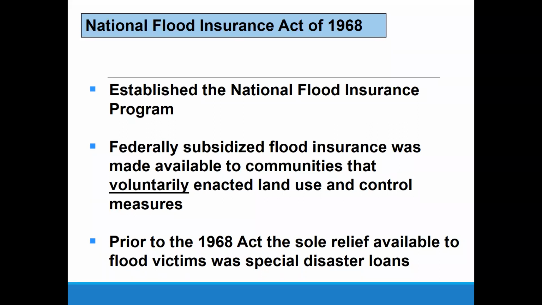You'll notice on this slide that I've underlined the word voluntary. Voluntary in federal government terms means that a community can volunteer not to participate in the National Flood Insurance Program. A city or county does not have to participate in the NFIP. But if they don't participate, then the government says you can't have flood insurance in your community from the federal government, and you can't have federally backed loans because federally backed loans in the floodplain require flood insurance. Now, you could still get federally backed loans in areas outside the floodplain. You can't have disaster assistance. But one of the big ones is you can't get any other federal program type grants.